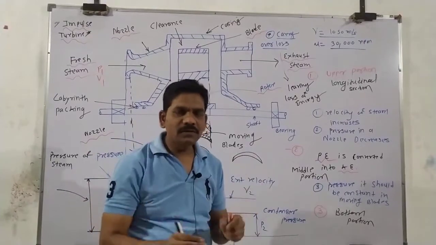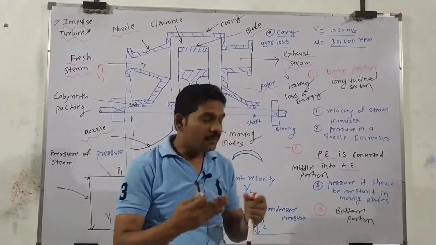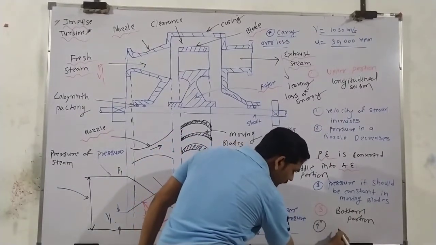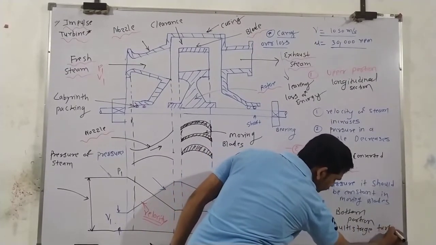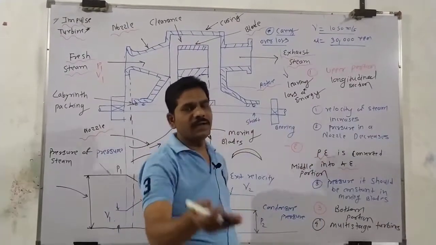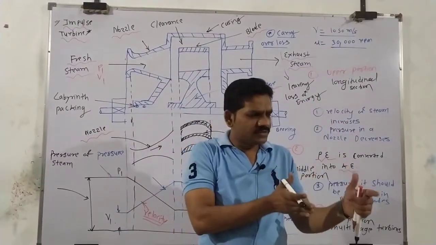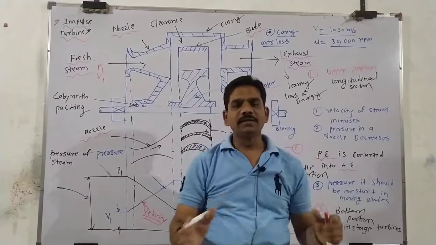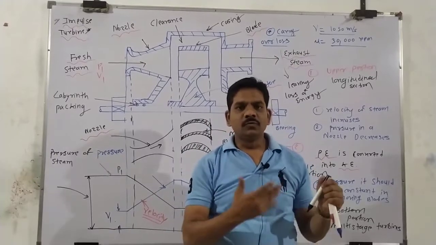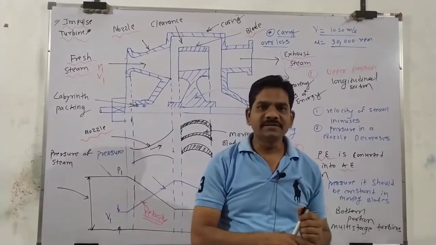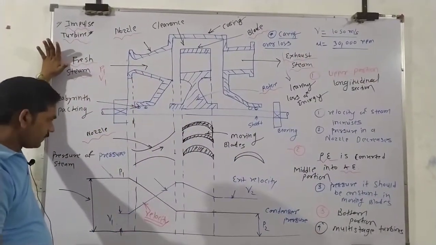So to avoid the carry-over loss or leaving loss of energy, what will we do? We use multi-stage turbines. Multi-stage turbine means more than one set of nozzles and number of blades: single stage, double stage, three stage. Then we avoid the loss of energy, which means we utilize the energy. Our remaining topic will be discussed in the next lectures. So this is the simple explanation about impulse turbines.